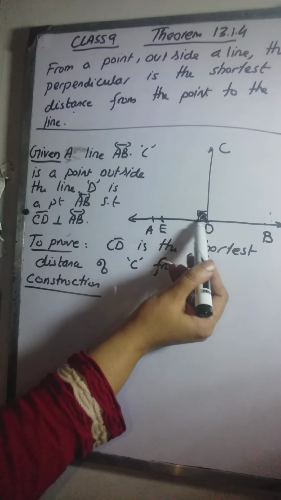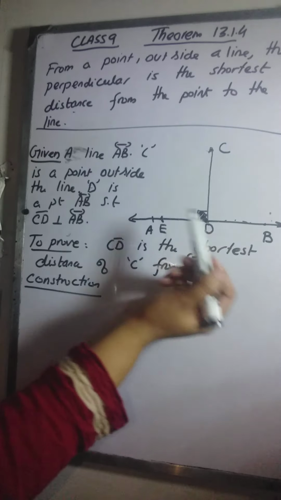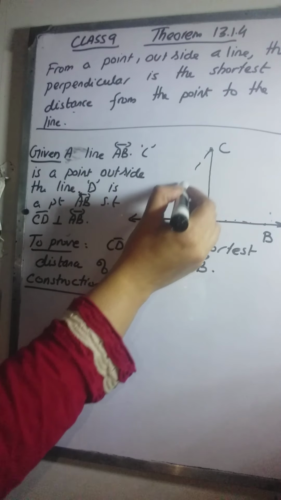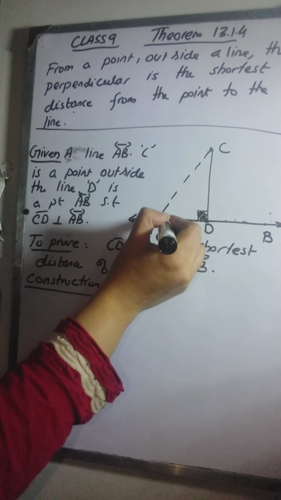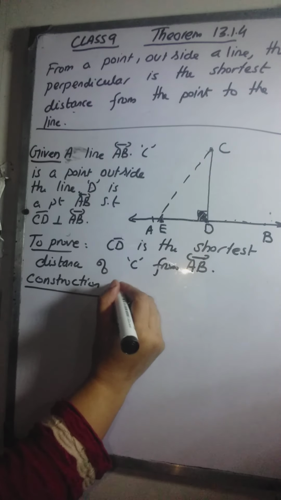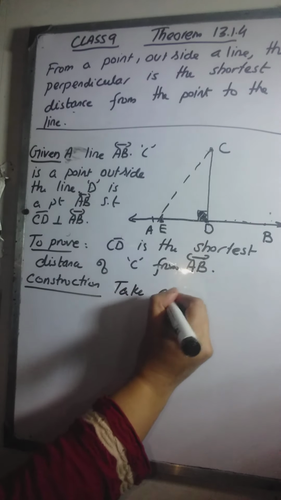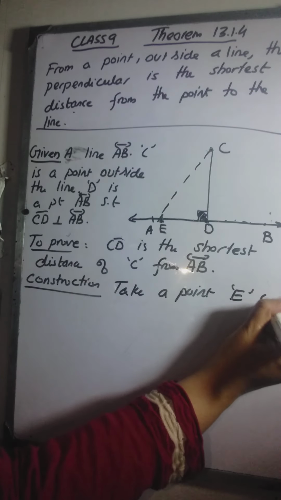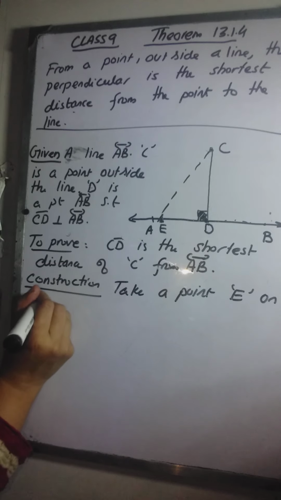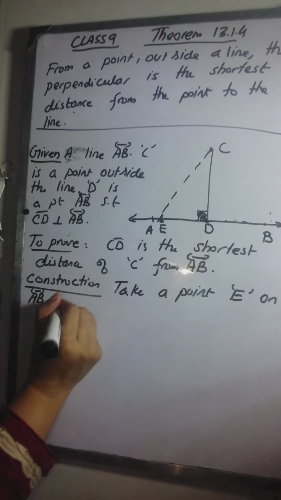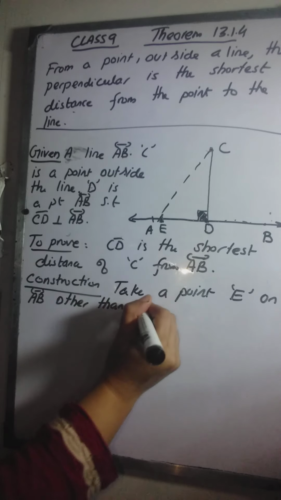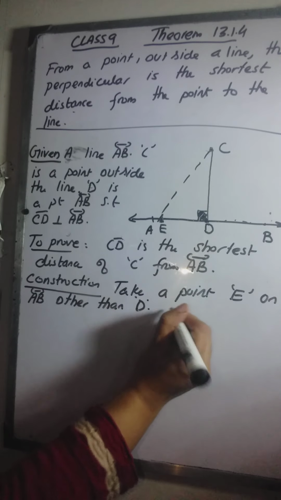E could be any point other than D. Let E be any point other than D and join C to E. Take a point E on AB other than D, and join